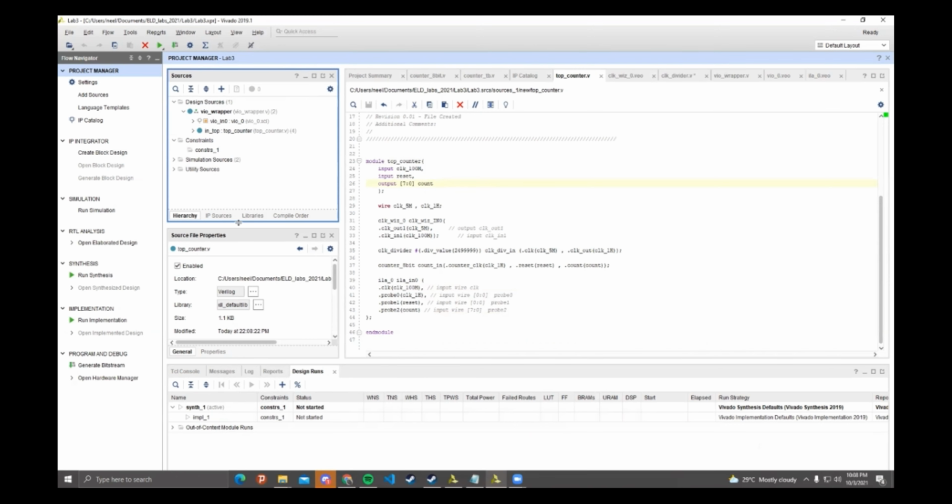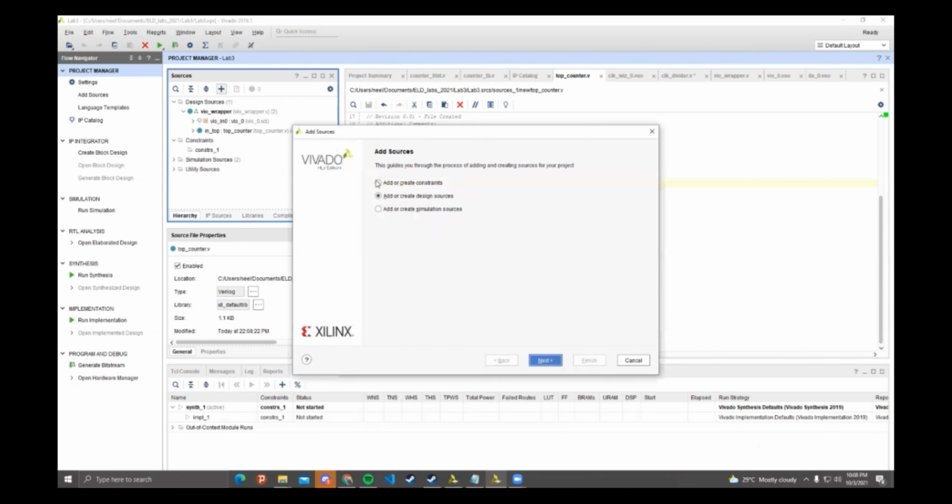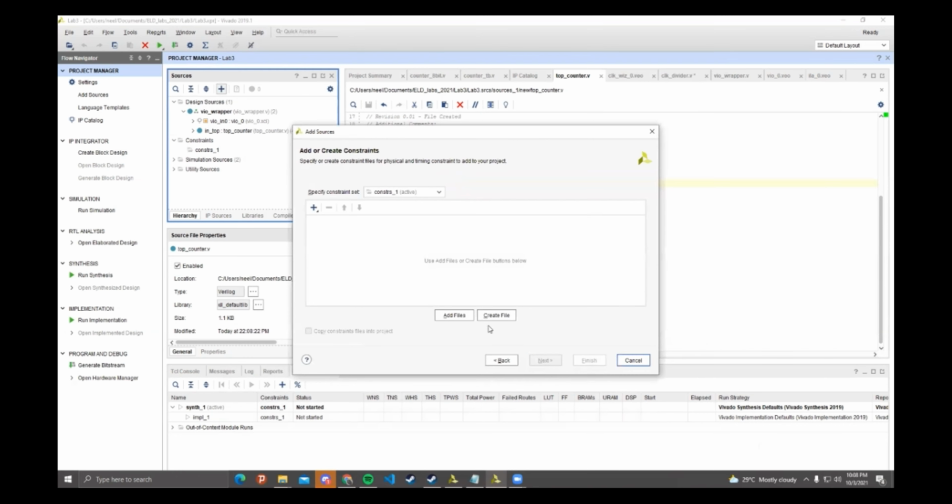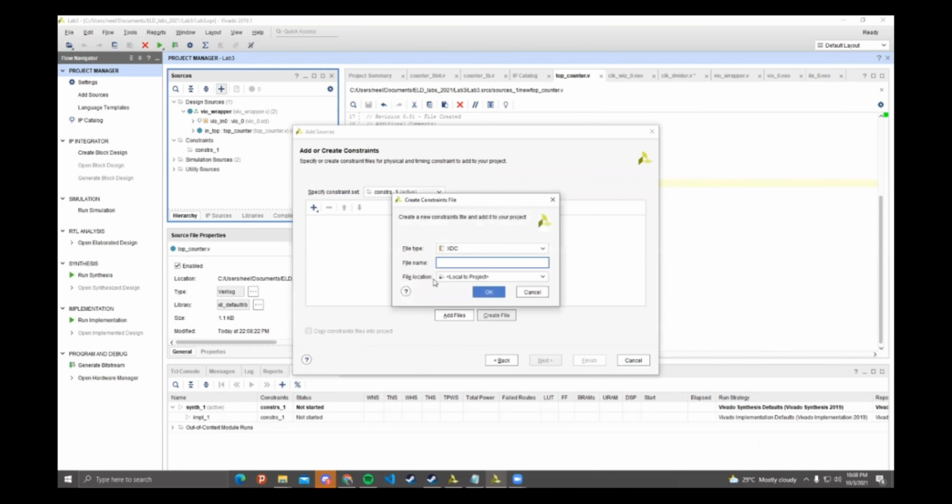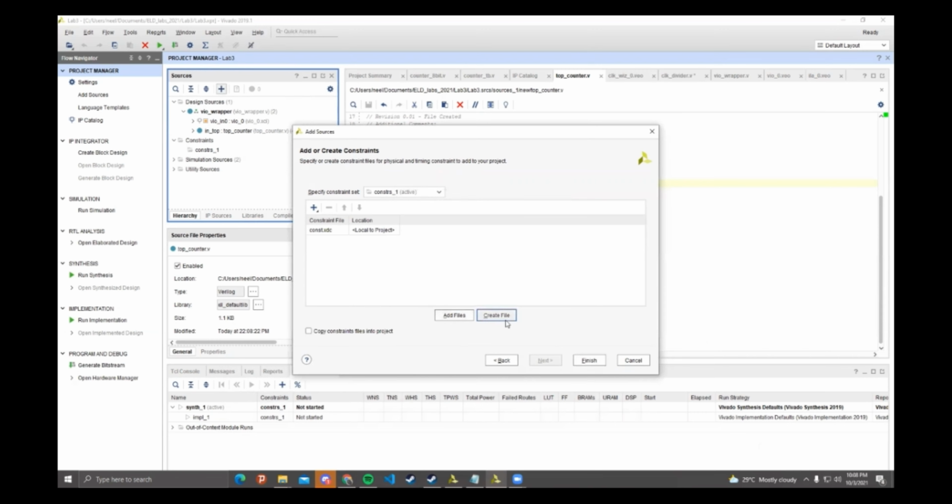But before generating the bitstream, we again need to add a constraint file. The name of the constraint file doesn't really matter. Just name it anything.